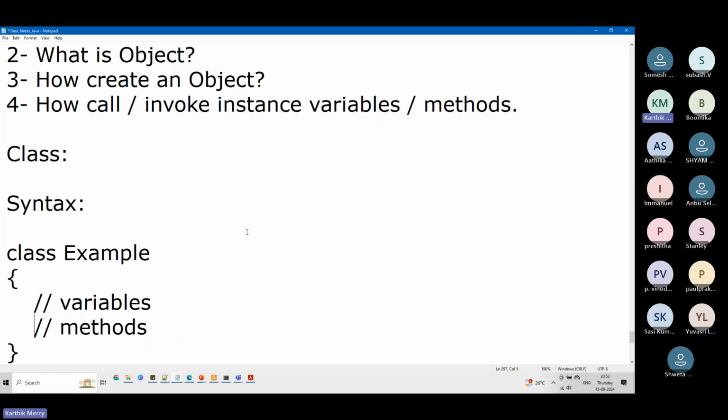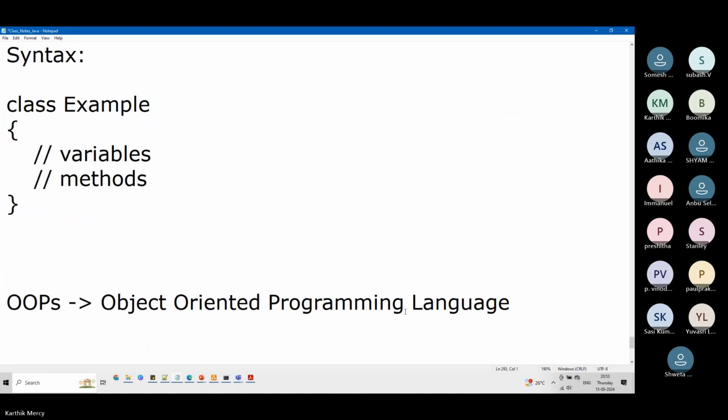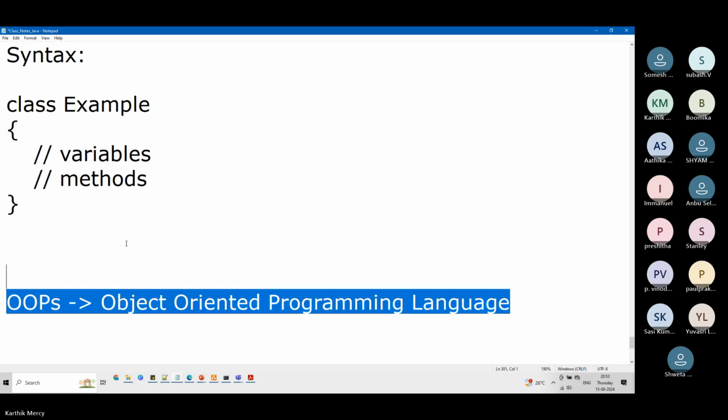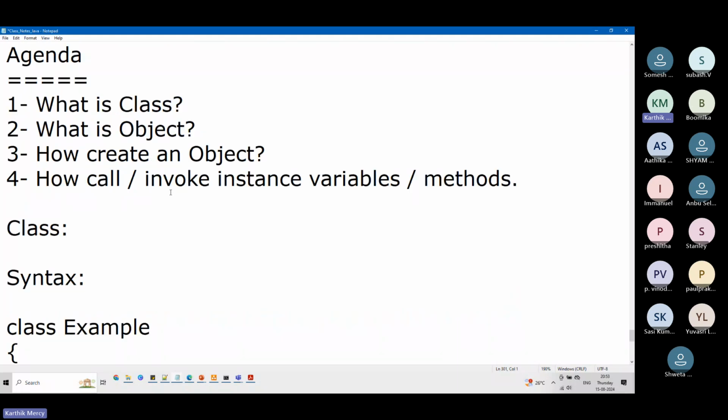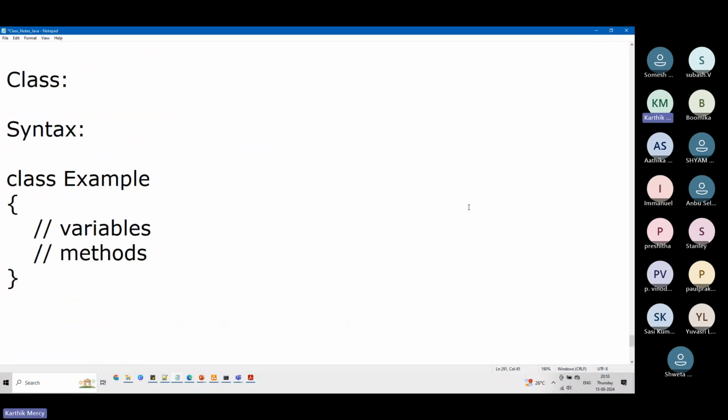So what is my syntax for the class? It is class, the class name, and then it contains variables and methods. Example is the one that we are actually speaking about.